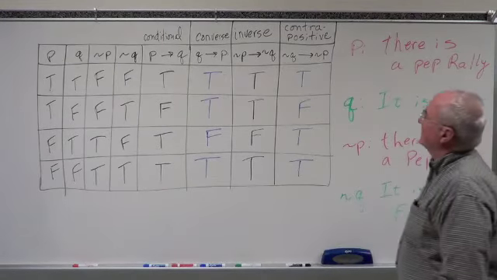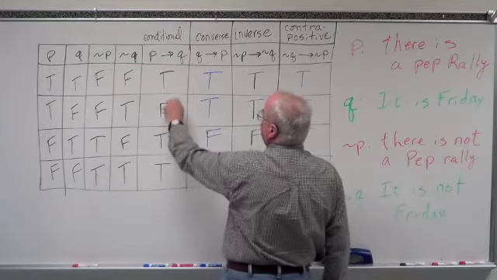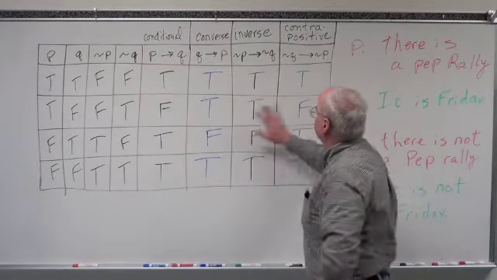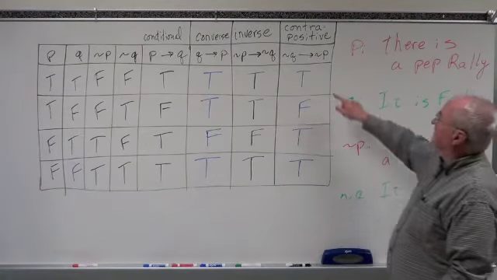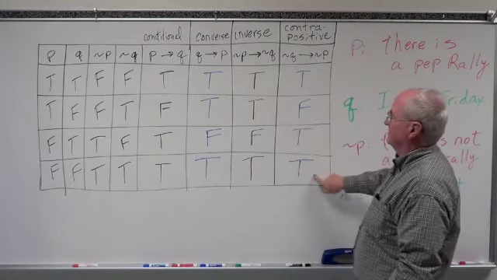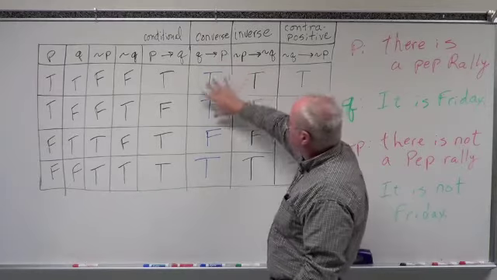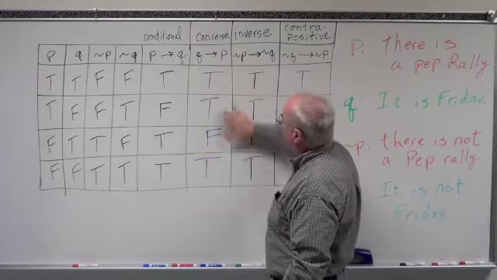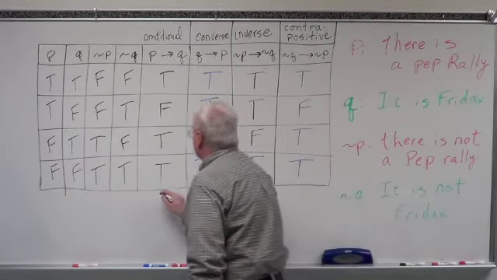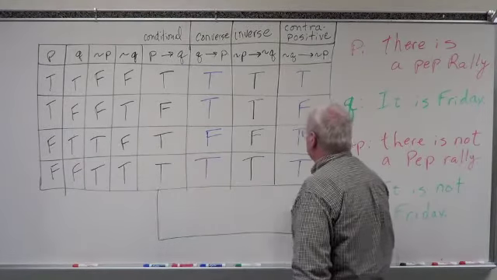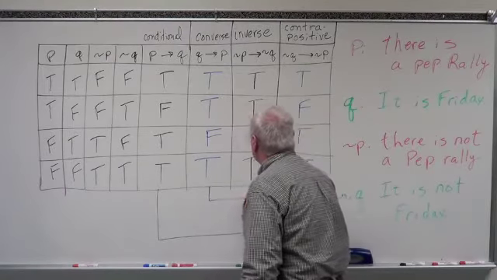Okay? Now, you notice something. Look at this. The truth values of this conditional are T, F, T, T. Any of these over here have the same conditions? Yeah. Contrapositive has the same conditions. Now look at this. The converse and the inverse also have similar, identical conditions. Okay? So what we're going to do is we're going to call this right here, all right? And these two right here,